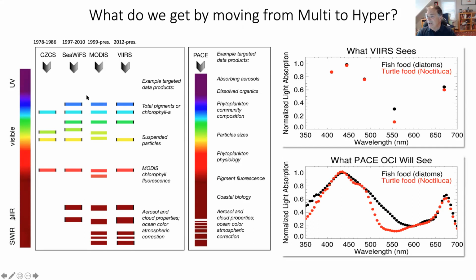And one example that Jeremy had in his presentation, I want to show it again, is up on top. I believe this is work by Joachim Goes, but up on top, this is what MODIS would see in 2 different phytoplankton species. One is Noctiluca, which is kind of a nuisance giant phytoplankton, I believe. And the other one is a typical diatom. So they're pretty close, except in this one area here at 550. But if you look at this hyperspectrally, you see this big area right here. So you might be able to discriminate them from hyperspectral data, but it would be a challenge from multispectral data. Okay, so now